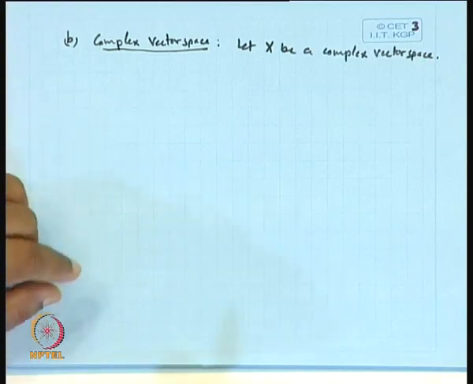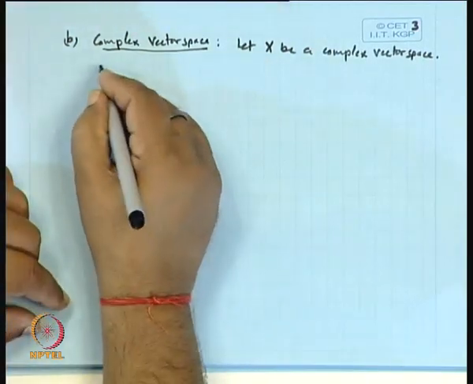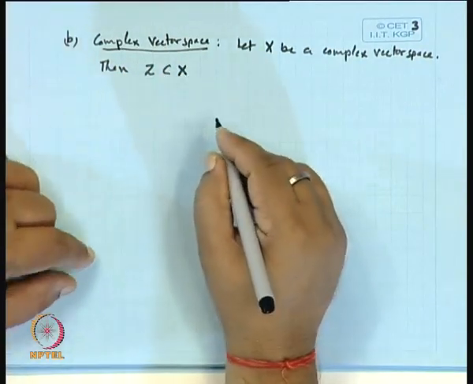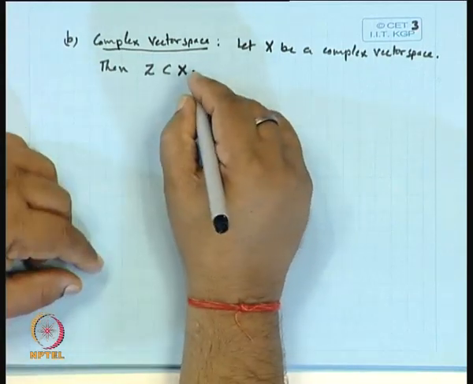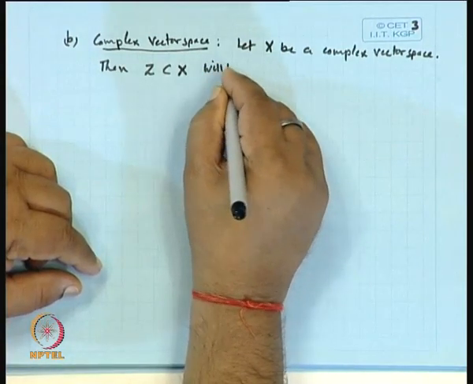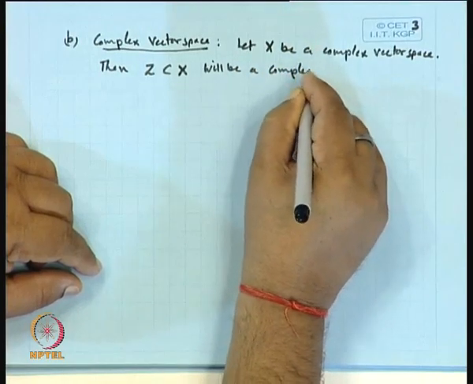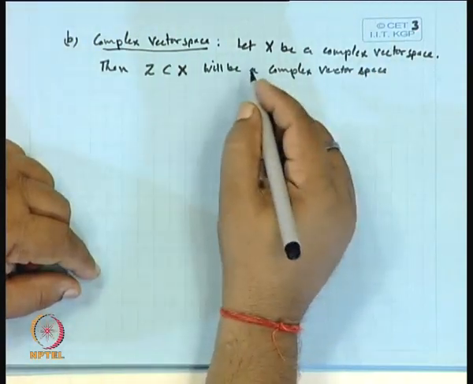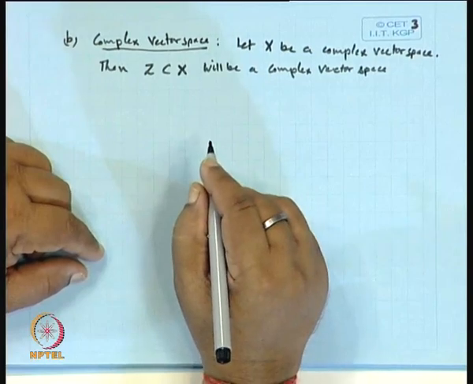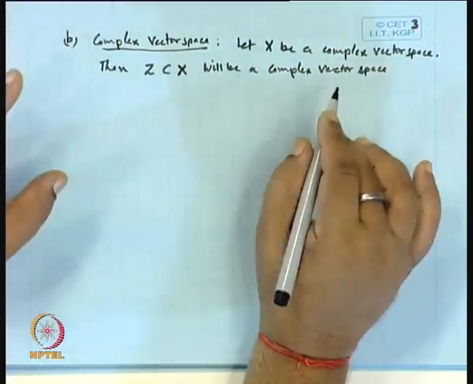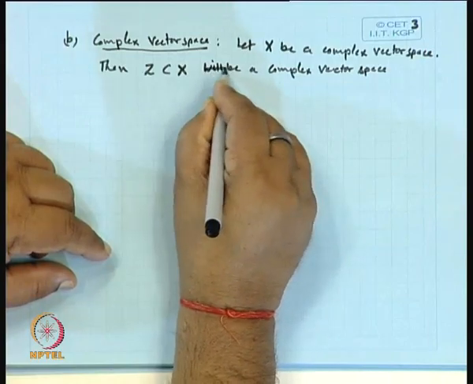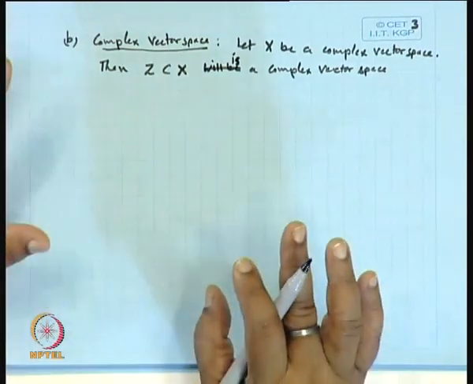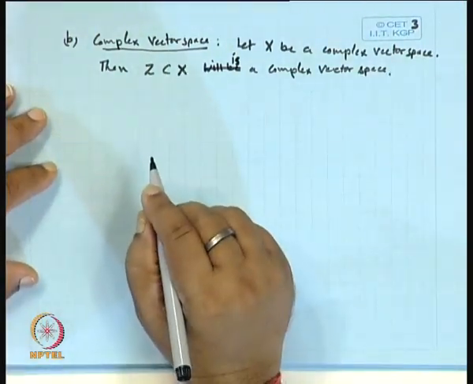Suppose x is a complex vector space, then z, which is a subspace of x, will also be a complex vector space. Okay. It can be real, but we are taking it complex. Hence, f is a complex